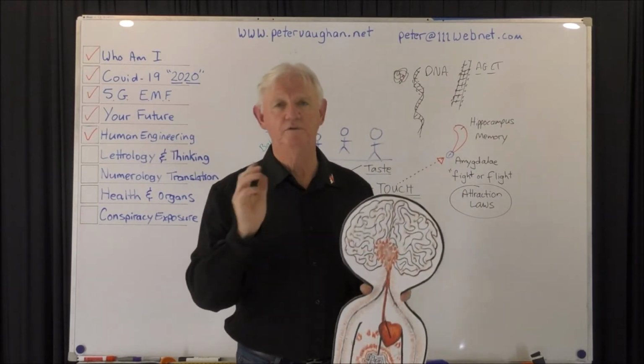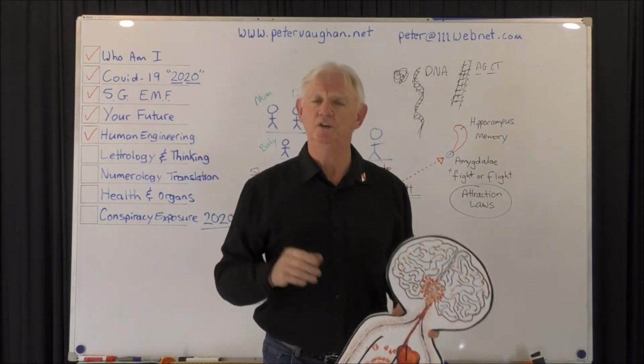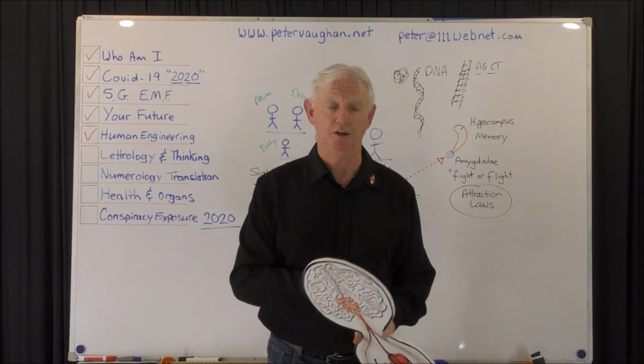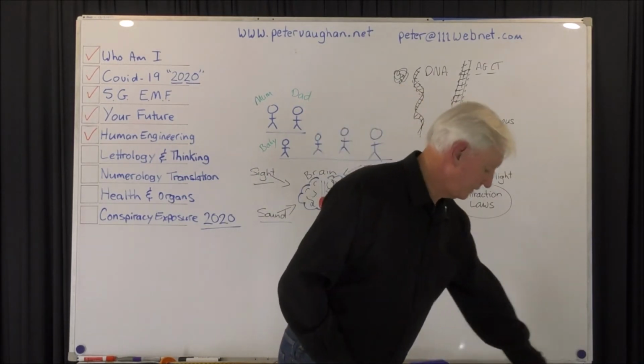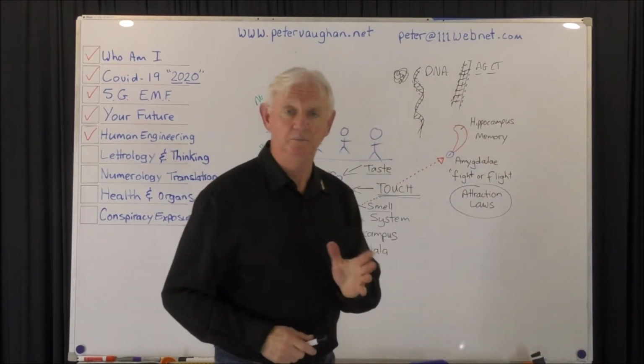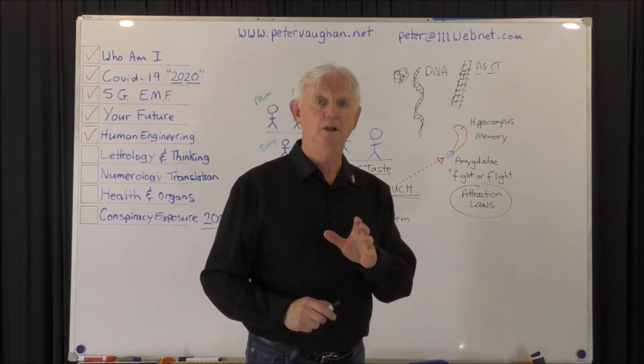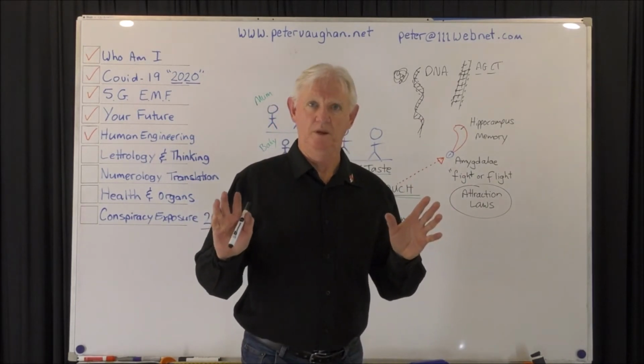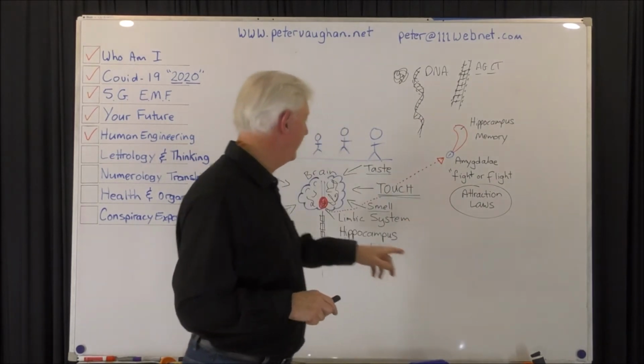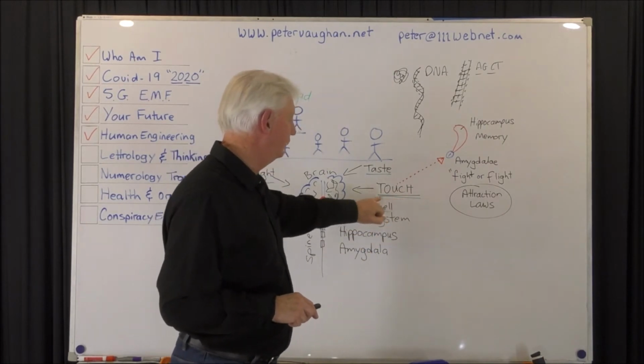Now, we have 5 senses on the body. Some people say we have a 6th sense. Now that 6th sense, I'll call it real, but it's not the way that we look at it. It's that feeling. Now where does feeling come from? Well, we have a system here called touch, sense of touch.